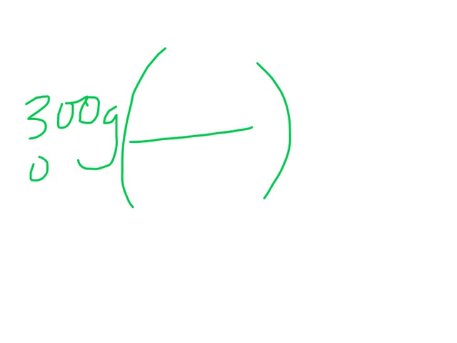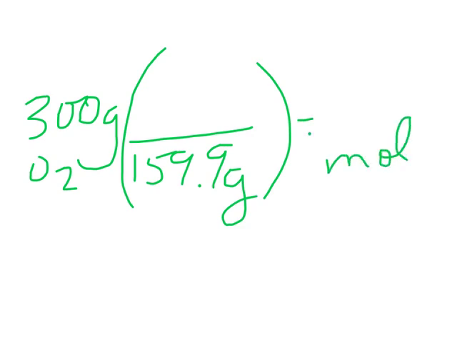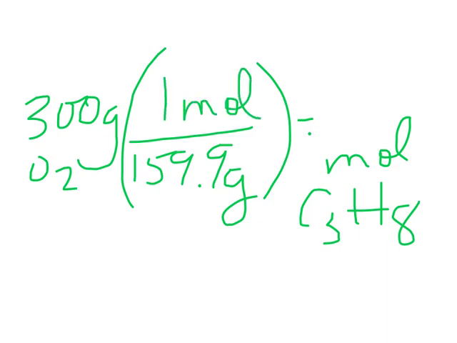So 300 grams, I draw my brackets. 300 grams came from O2, so I have to put O2 on the bottom. So my 159.9 grams goes on the bottom. And I want my answer to equal moles of propane. So I need my equivalent to propane on top, which is 1 mole. So this just becomes an easy division question. So 300 divided by 159.9, and I get